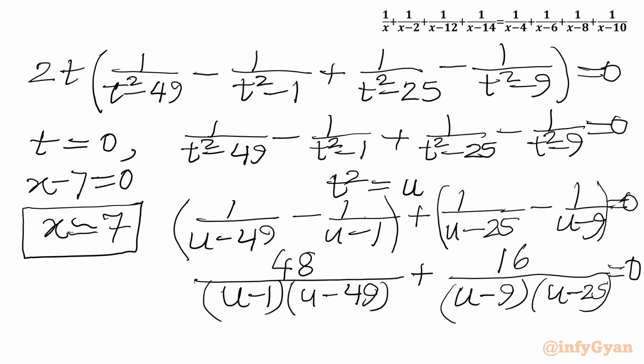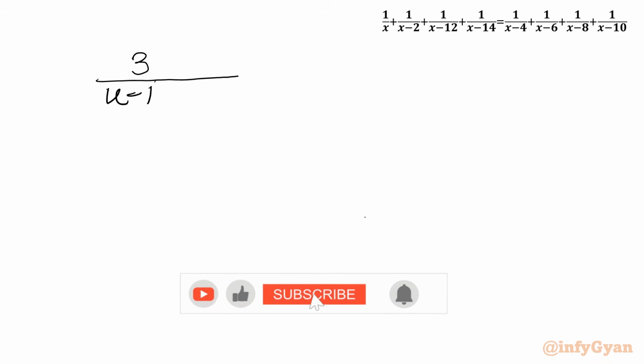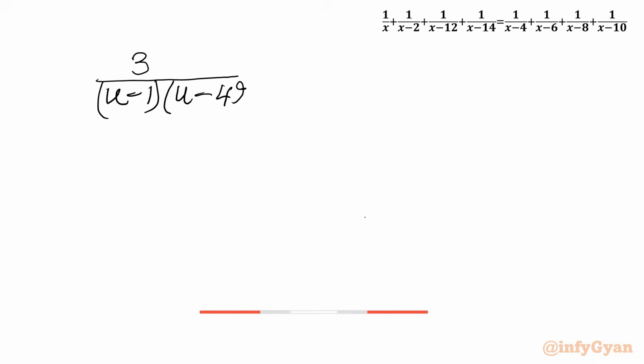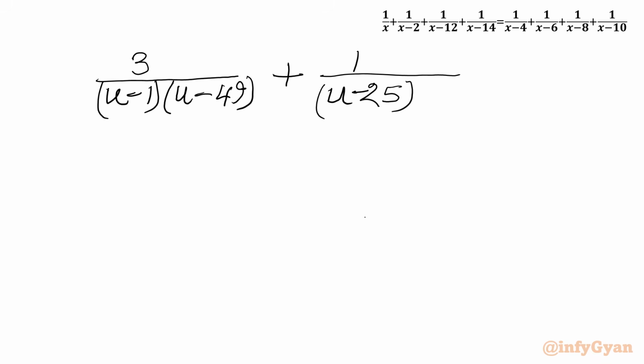Now our equation is divisible by 16. So we will divide by 16 and write 3 over u minus 1 times u minus 49 plus 1 over u minus 25 times u minus 9